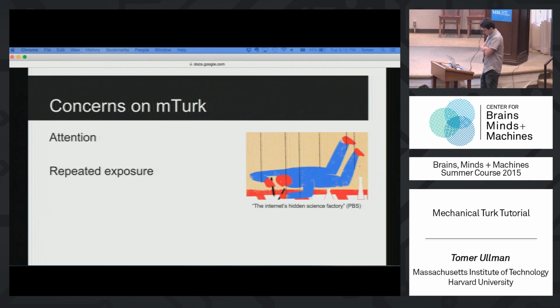Repeated exposure is a huge problem, and it's a problem for two different reasons. One is that it destroys intuition. Okay, I was asking about the trolley problem, and you all went, "Oh, the trolley problem." People on Turk are doing that even more than you are. I guarantee you, it's very difficult to find a Turker that has not seen the trolley problem. They've seen it 1,000 times. They've seen all the variations, and they complain about it, and they're satiated, and they're sick of it.